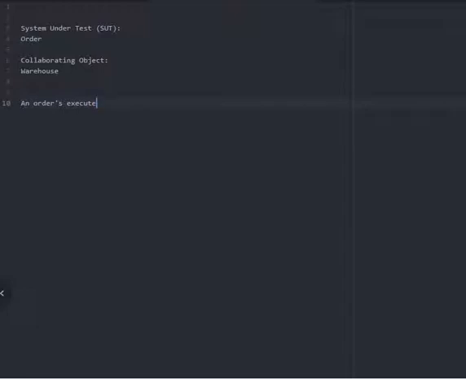An order's execute function is called first, and then there's a checking of warehouse quantity for the order's product, and if there's enough quantity, then the order is processed,